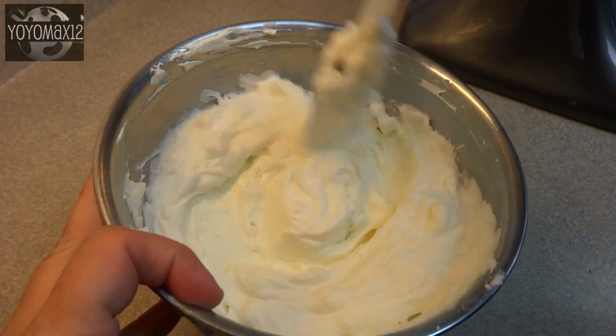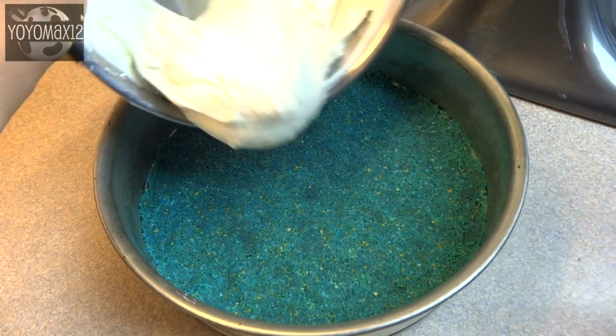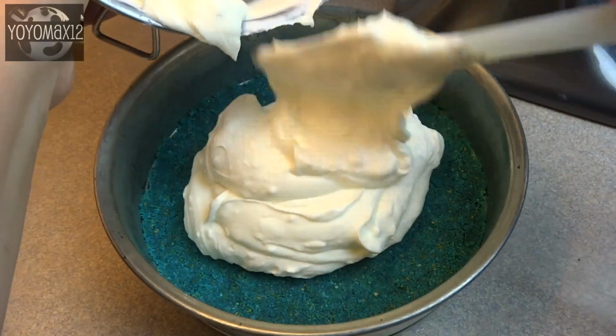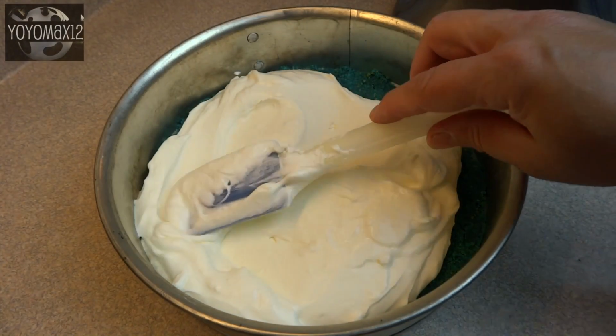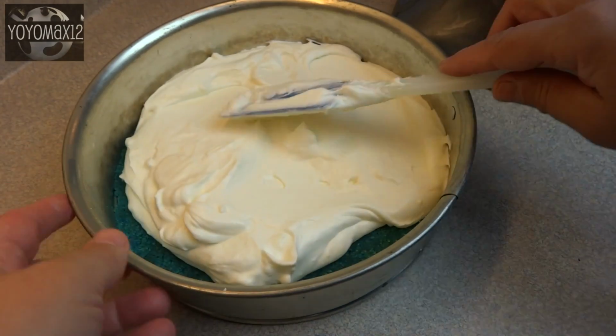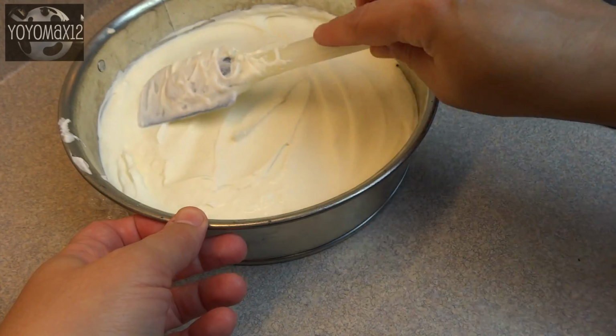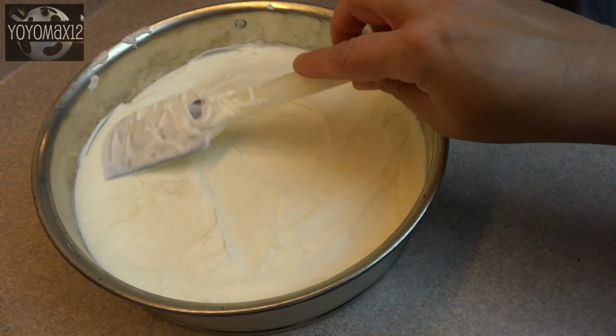Once it's well combined, take this mixture and spread it on top of the blue crust. Just make sure that it's spread evenly. Do it gently because you don't want any of those blue crumbs to get mixed up with the white layer. And set that aside, and we're going to prepare the next portion, which is going to be the red portion,